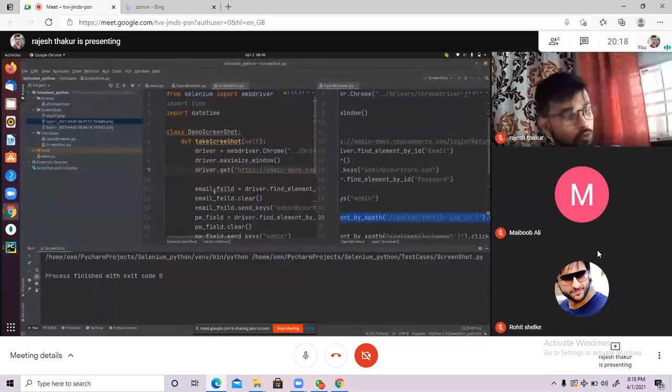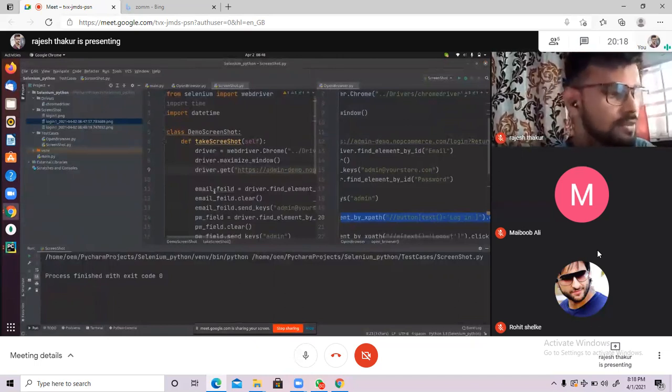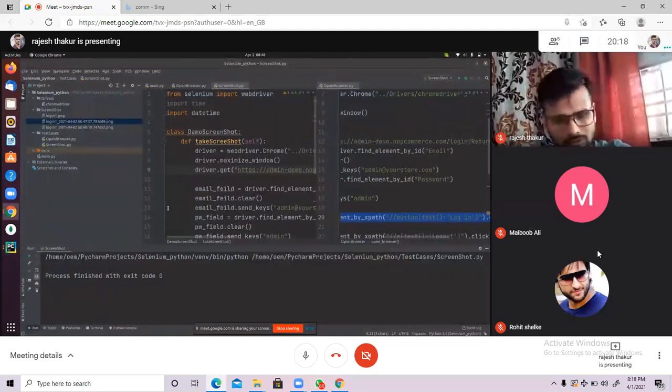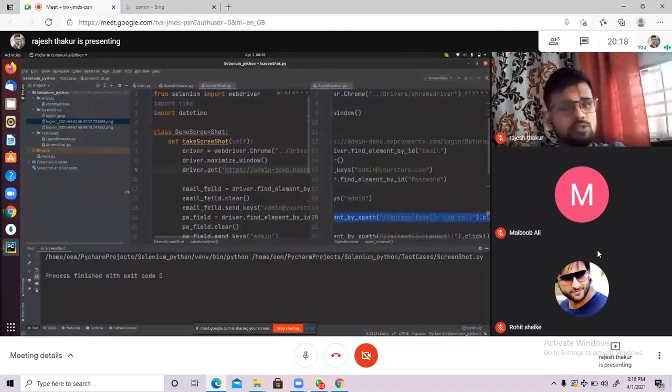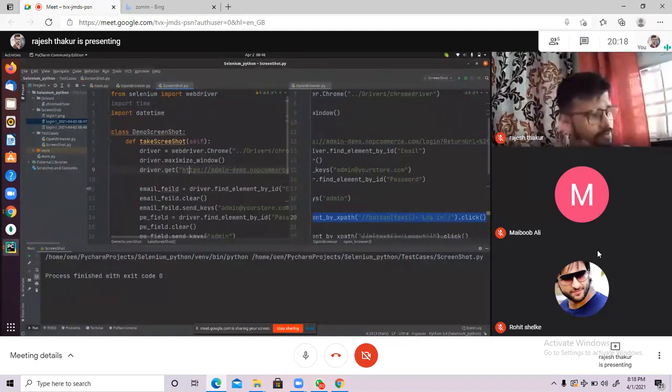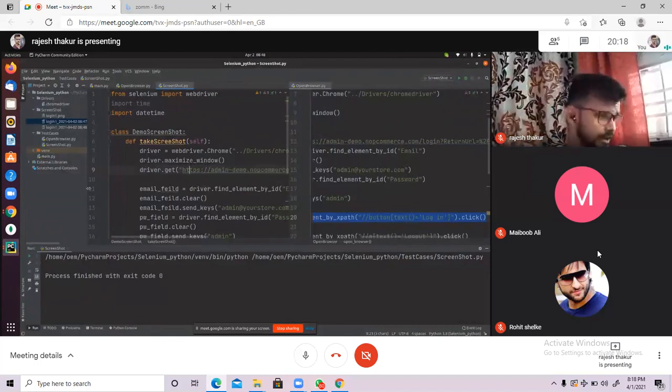And now, what is the use of a screenshot? Okay, what is the benefit of the screenshot? Just try to understand the benefit of the screenshot. Without understanding the benefit of the screenshot, why are we learning these things? So first thing, let's suppose you are trying to execute your code and your code got failed at some moment, but you are not aware why it got failed. You have to check the logs, you have to debug, and a lot of time we are wasting on this kind of debugging. Make sense?